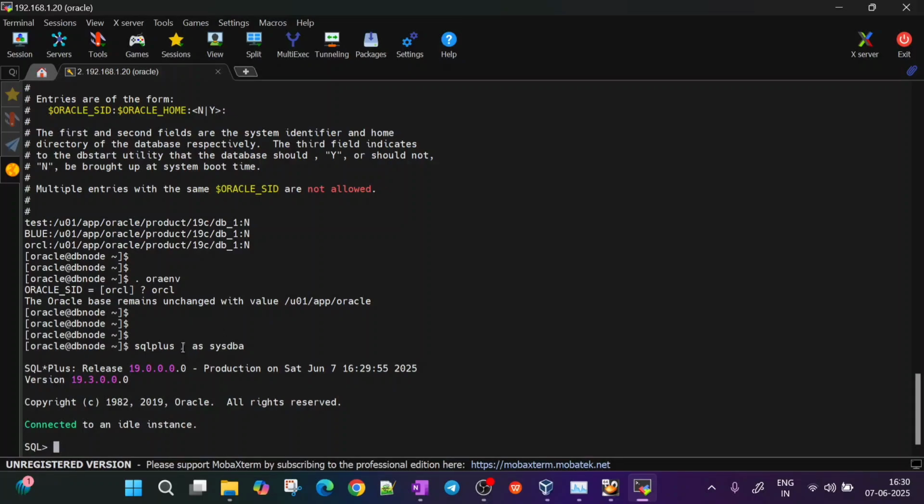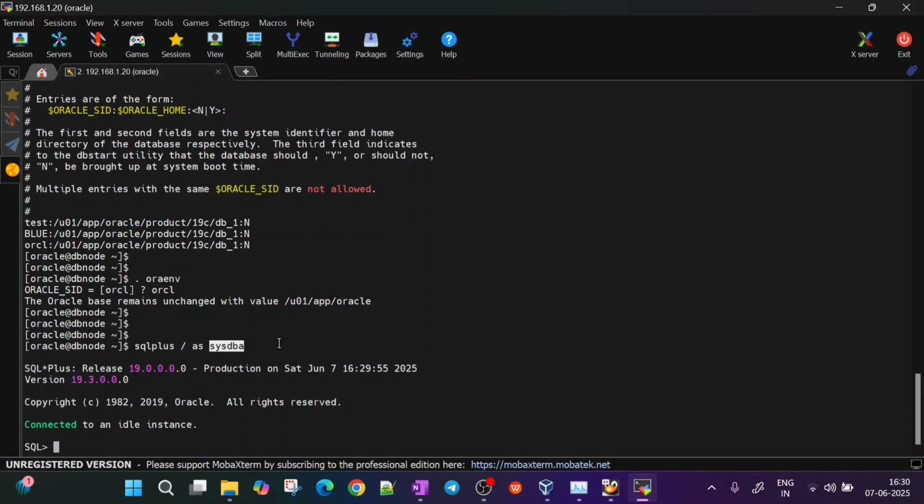This is passwordless OS authentication that I have used. Actually, in real life, I connect with the sys user and password. The sys user is a super user, an admin level user, and SYSDBA is the role assigned to the sys user. SYSDBA is a very powerful role that can be used to create a database, drop a database,